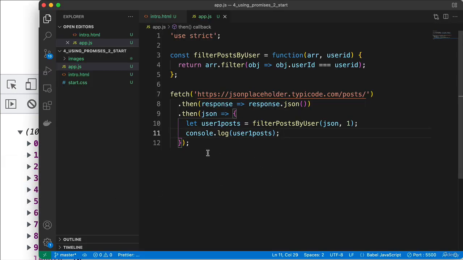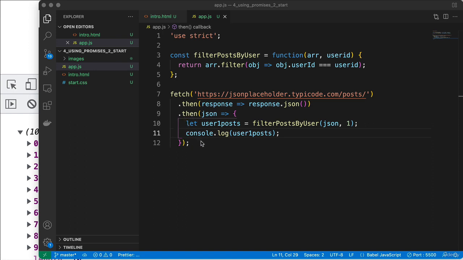Now, what about errors? Notice with these then methods, I only entered one function. I did not enter a second function in either of these. And so if there was an error, if something was rejected for some reason, we wouldn't be able to handle it because I don't have a function for those to handle it. Well, when we're chaining multiple then methods like we have here, and this is something you run into frequently where you have more than one then method that you're chaining together,